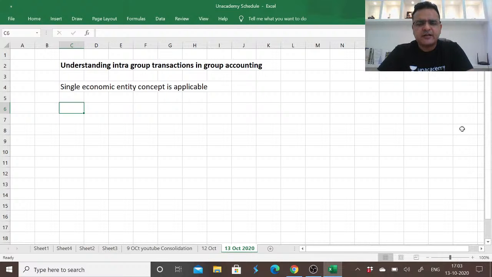So for the outside entity, the group will be considered as one. So if there are any intra-group transactions,